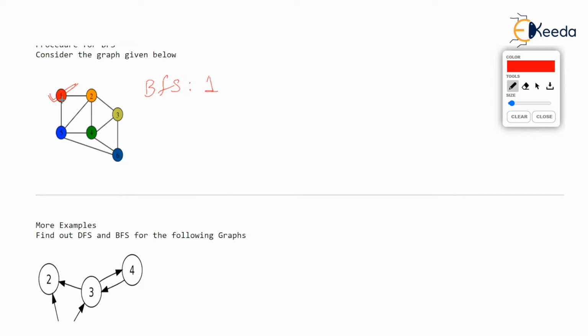Now the next thing is, after printing 1, we will see who the neighbors of 1 are. The neighbors or adjacent vertices of 1 are 2 and 5. Only these 2 vertices are neighbors of 1, isn't it? Then we print all the neighbors sequentially. The usual practice is that when we print the neighbors, we print them in increasing order, from least to largest. You won't be wrong if, after 1, you print the neighbors as 5, 2. So first we print 5 and next we print 2.